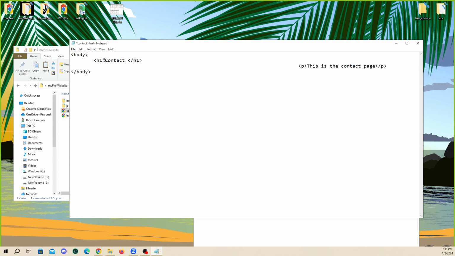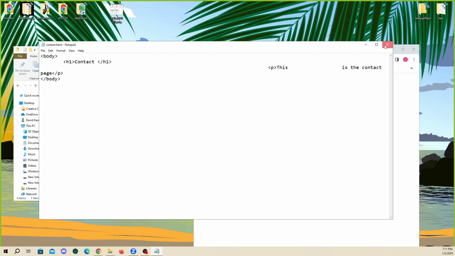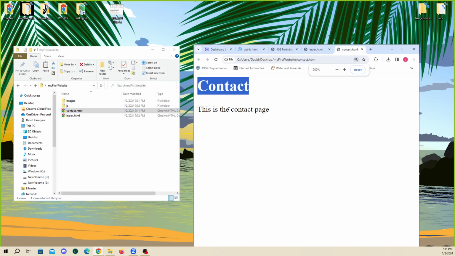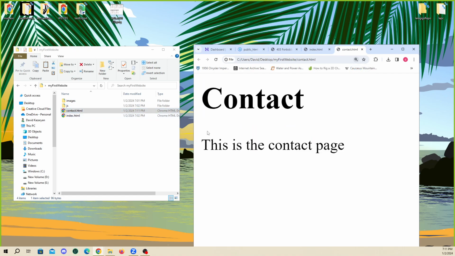So even between words, like this is the contact page. If I put a huge space here, only one space is going to get counted. So just to demonstrate, I'll close that, and then I'll double click this. You can see contact, and this is the contact page. Even though I added all that space, it doesn't count anything more than a single space. Okay,